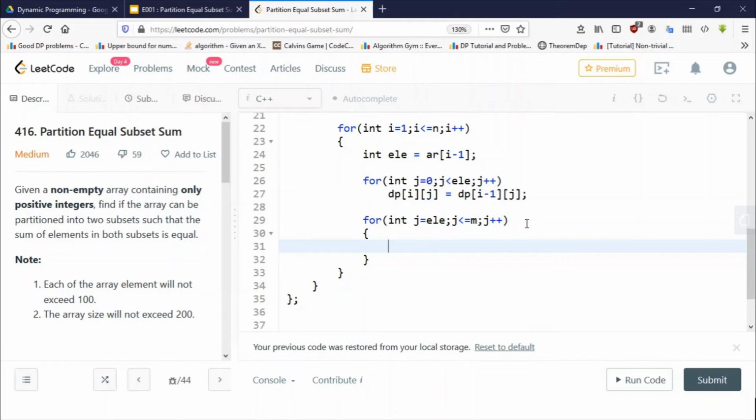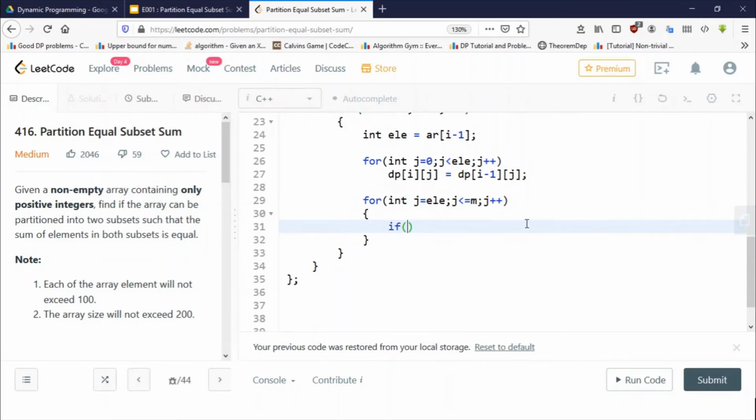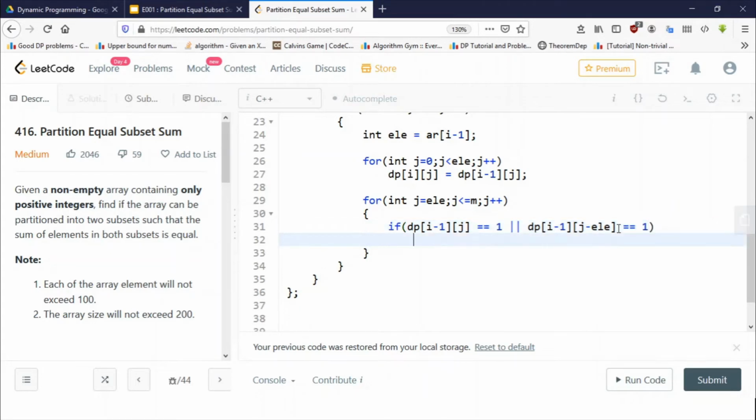and finally, if dp of i minus 1 j is 1, or dp of i minus 1 and j minus current element is 1. If any of these two is true, then dp of i j would be true. I have explained this already in the previous lecture. Otherwise dp of i j would be false. So this is the whole